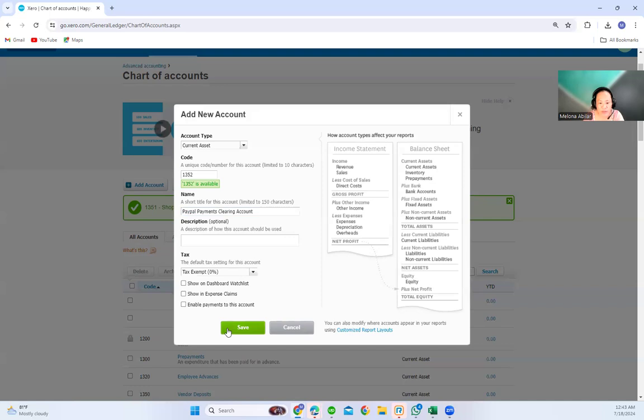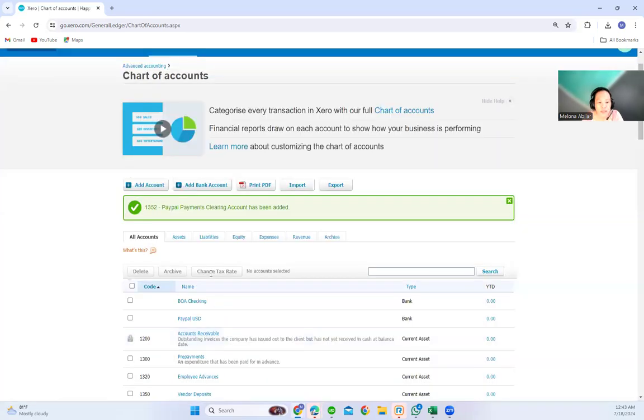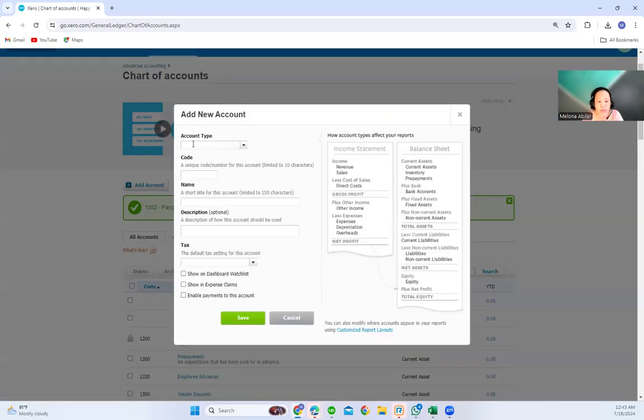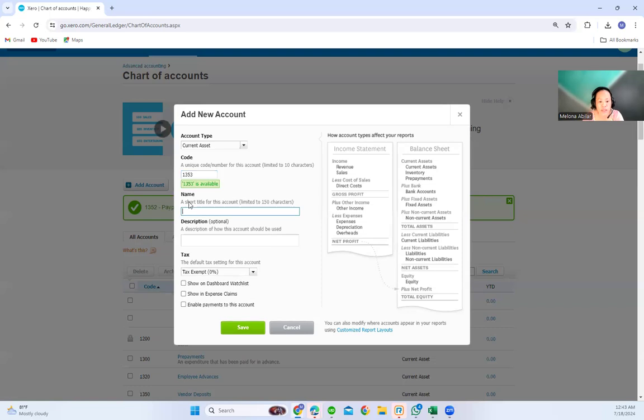Then the last clearing account that we are going to create, which is account 1353, is the Afterpay clearing account.